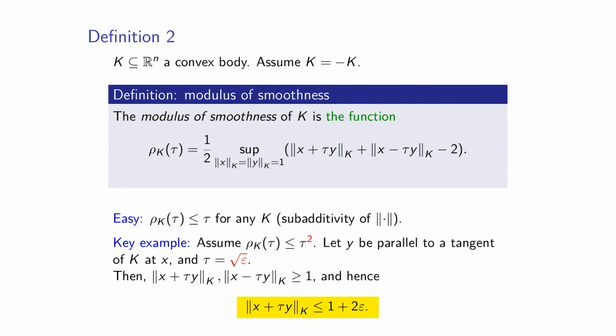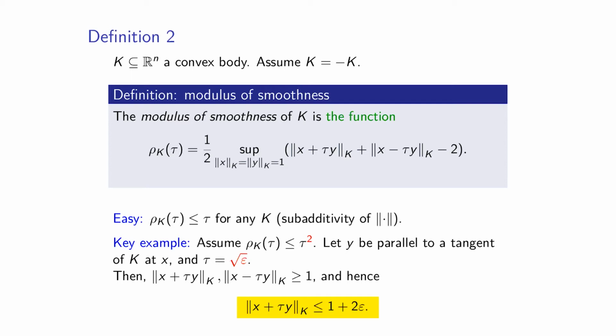Take a point x on the boundary of the ball, and now take a tangential direction y at x. So let's take a y which is parallel to some tangent line of K at x. So x is a point on the boundary of the ball, a point on the sphere of our norm sphere, and we move away from x in